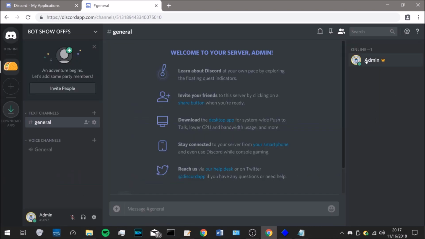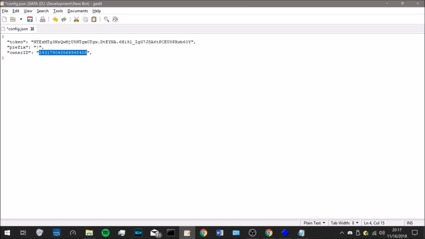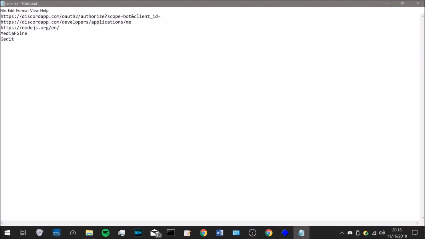So, we're going to right click on our user up here. Right click. We're going to go copy ID. Easy. And we are going to put in Gedit our user ID. Voila! And I hit the wrong button. Ooh, and you're going to save it. So, typically it's Control S to save, in case you did not know. Now, we are going to close this document, and we're going to open